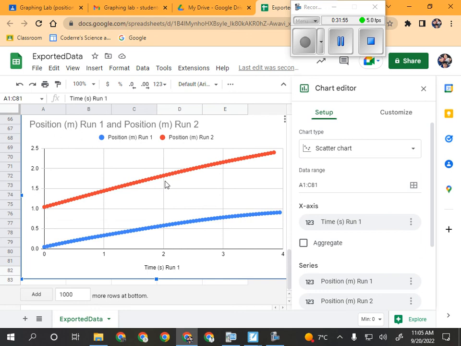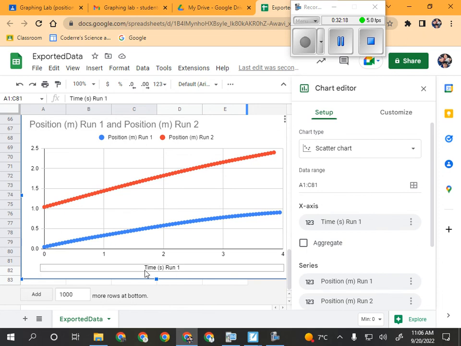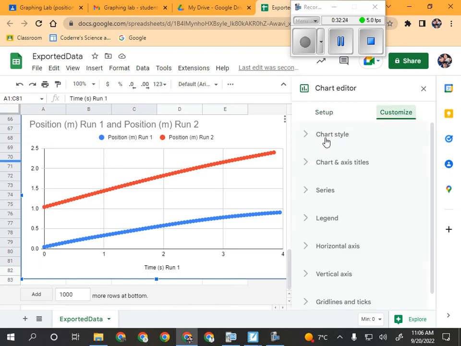You may have to delete different things depending on what your data looks like. You might have to delete some stuff at the beginning. You might have to delete some stuff at the end. That's up to you. You have to decide what parts of your graph you need to keep for this lab, which is just the diagonal part. So now that I've got that chart, I'll obviously want to fix some things like the title, get a label on each axis, stuff like that. That's all done in the Customize tab,